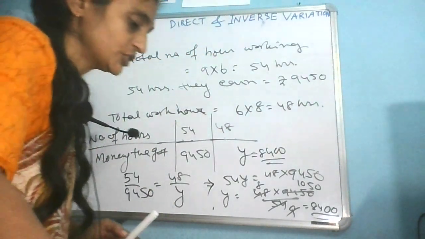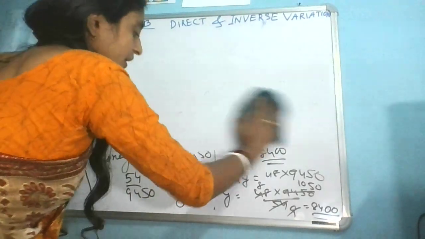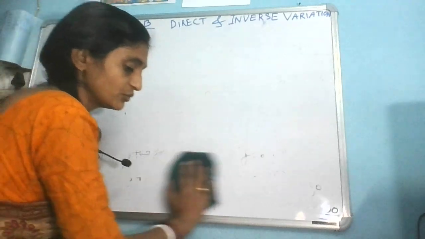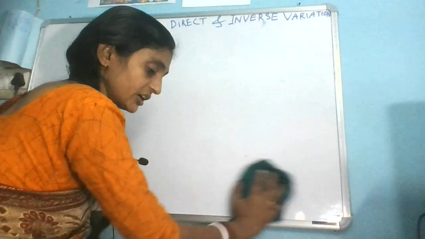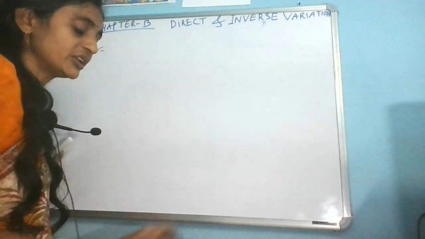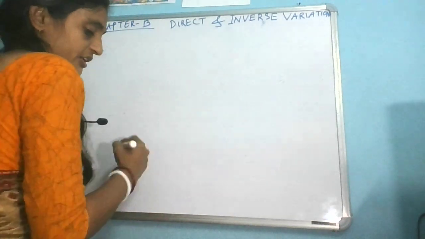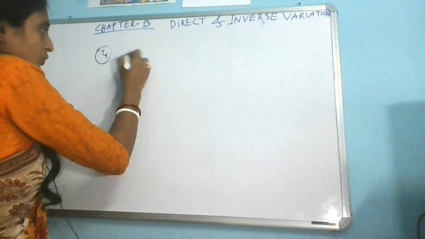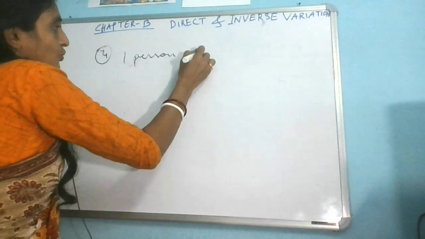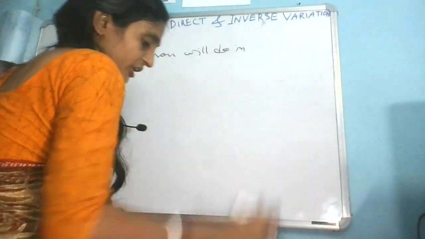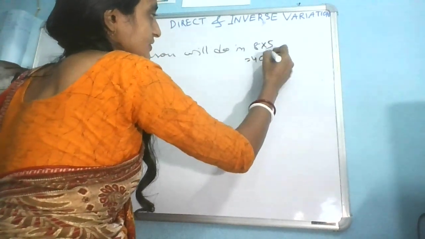The last question of this part I am going to do, that is question number 3. Here in this question it is asked, if 8 men can weave 160 shawls in 5 days. So what will you do? First you will find out the total working time, or you can consider how much time one man will take, or how many days a person can take. So question number 4, let's consider one person will do in how many days? If 8 men can do in 5 days, so 8 into 5, that means 40 days.